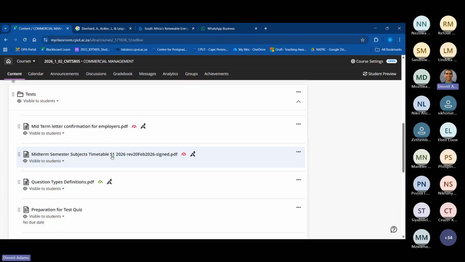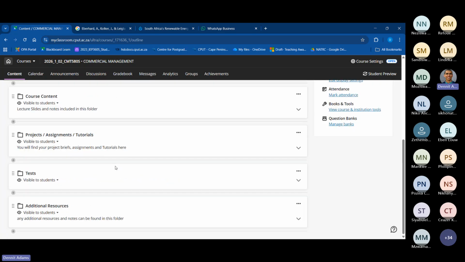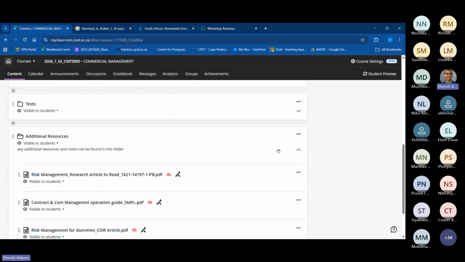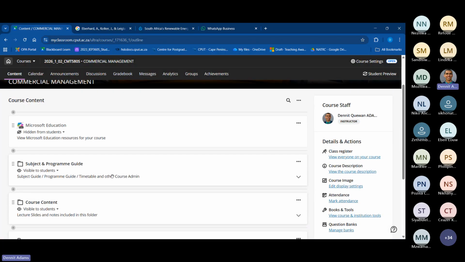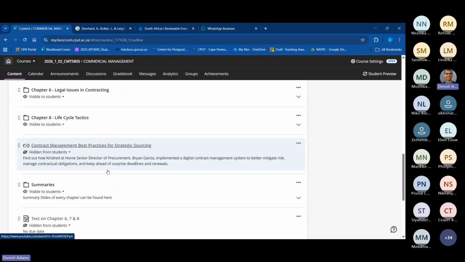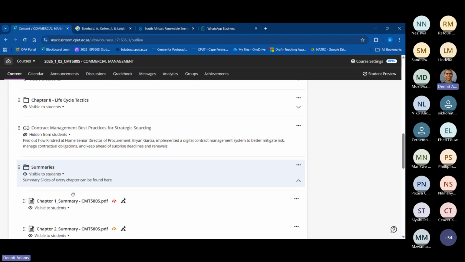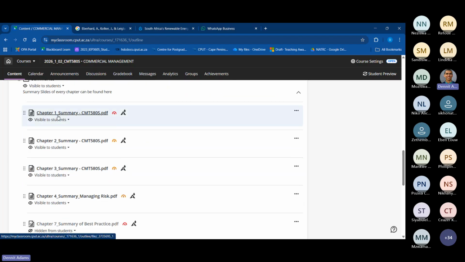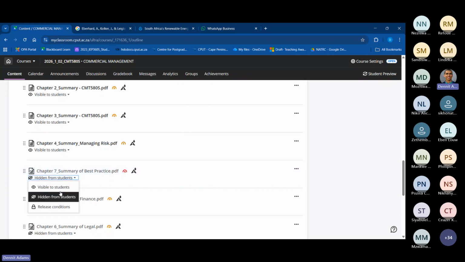Okay, then what was the other? Yes, the other thing that I've made available to you as a study tool or a summary. It's the summaries. So if you scroll down all the way to the last one, I've left open for you the summary slides. What I did is I captured and saved all of the summaries after each chapter. So chapter 1 summary, chapter 2 summary, chapter 3 summary, chapter 4, etc. It goes all the way, and I'll make chapter 7 visible to you now.